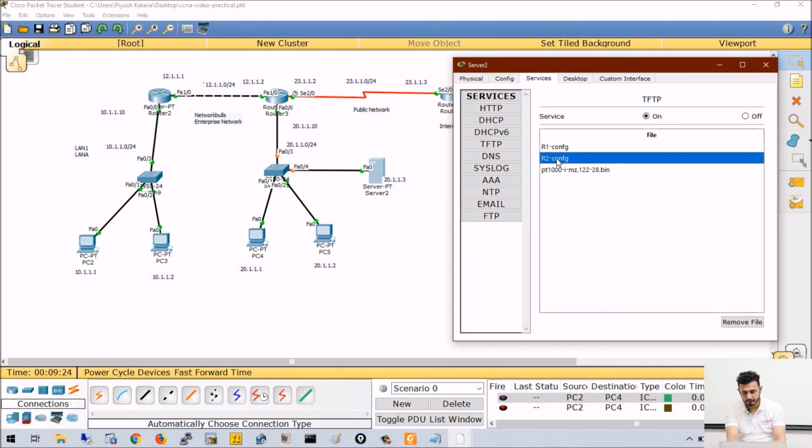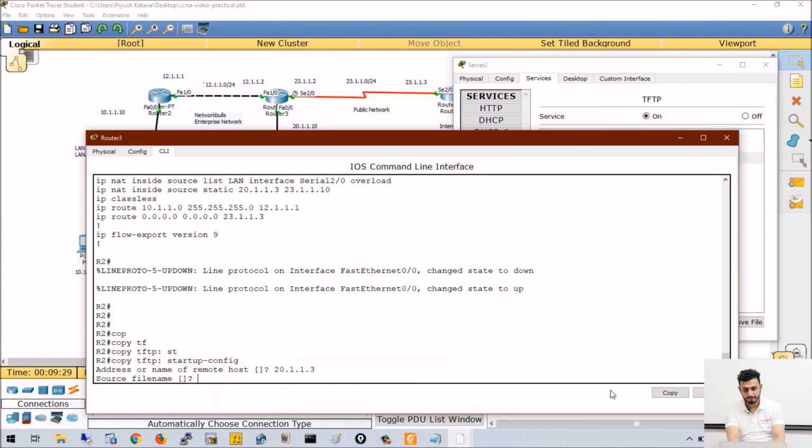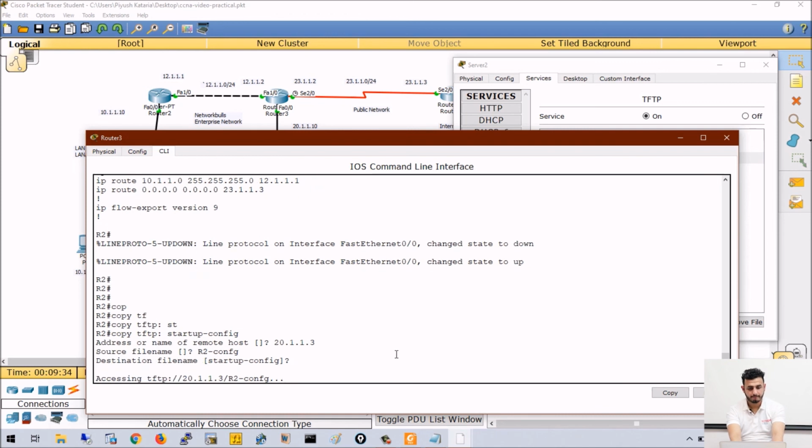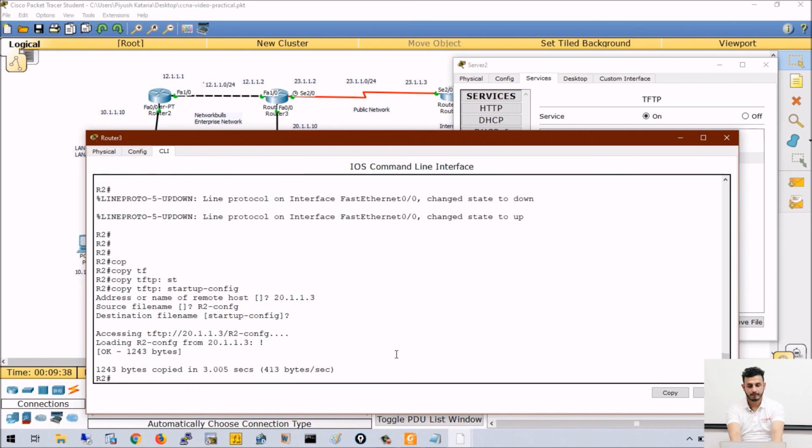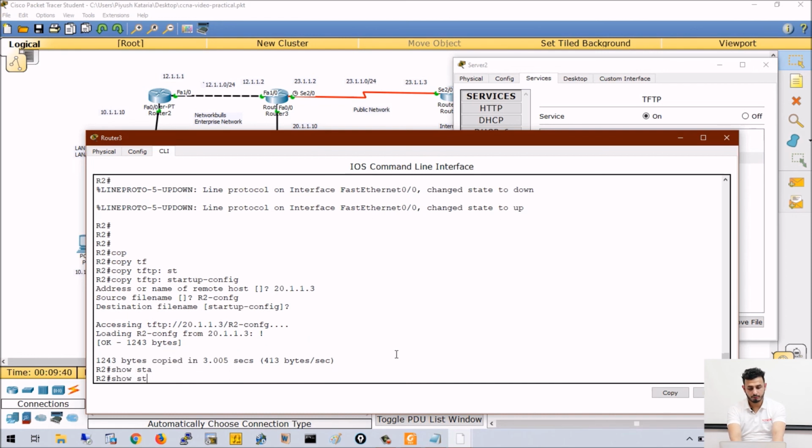So just write r2-confg. So now I copied the startup configuration from the TFTP server. Now my device has all the configuration that it had before the IOS failure.